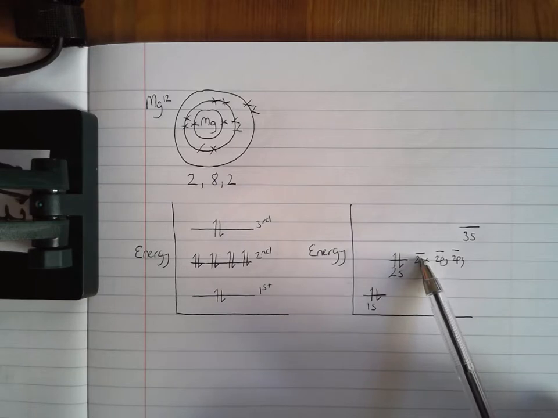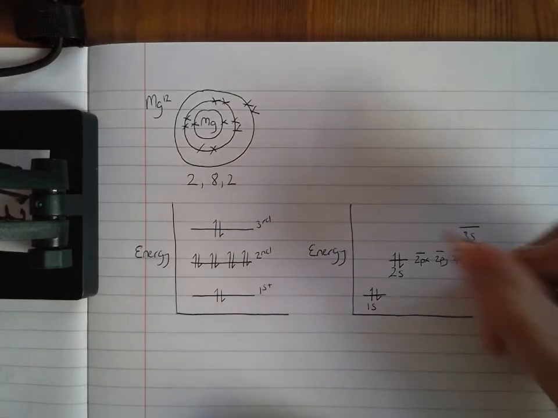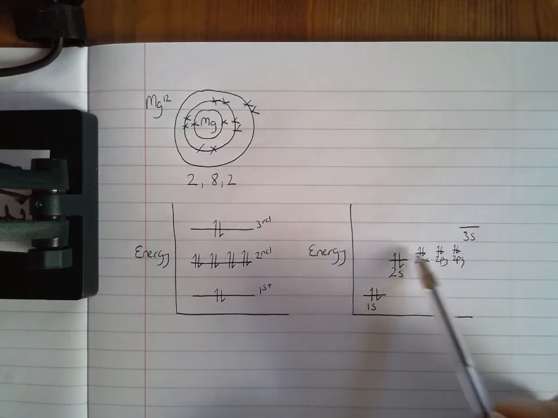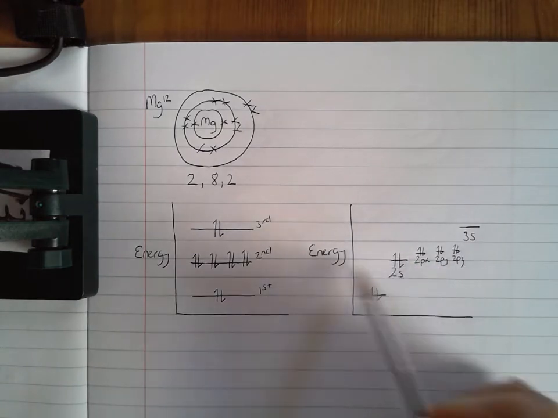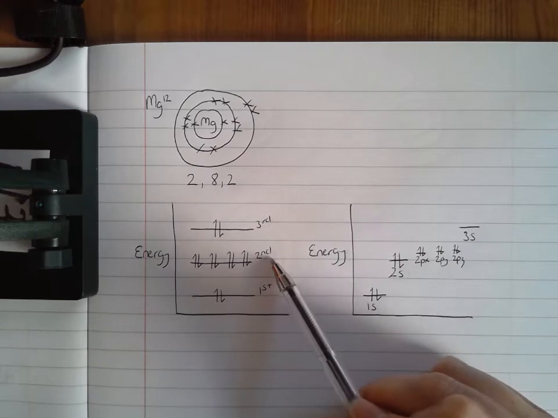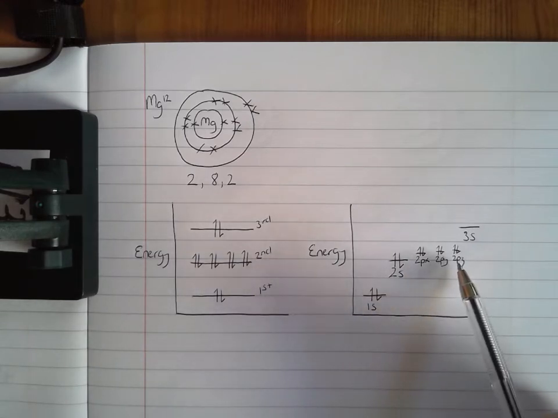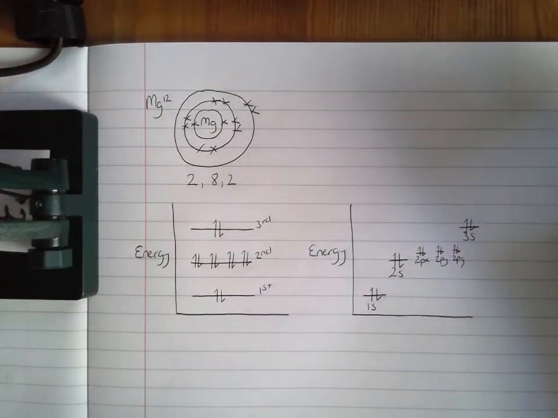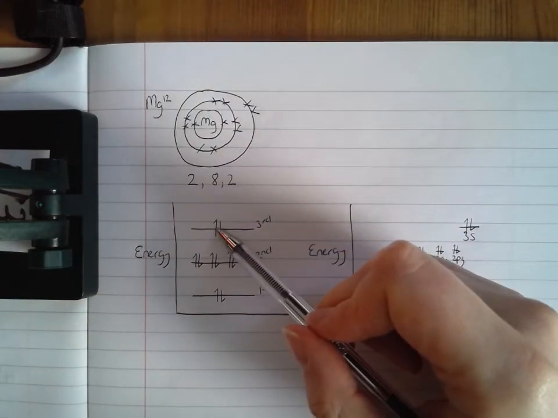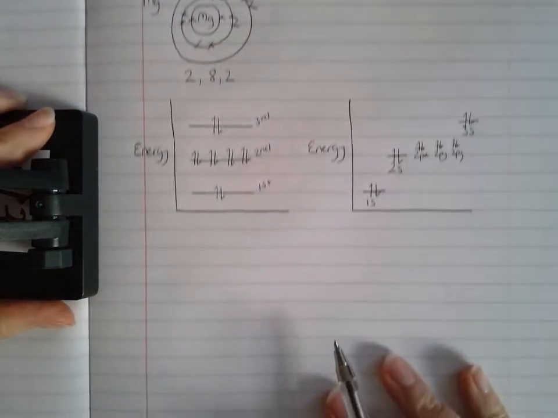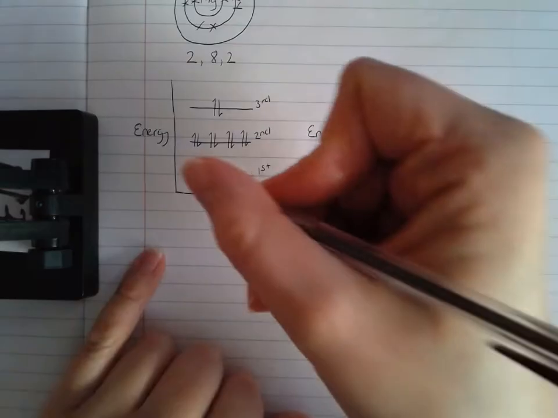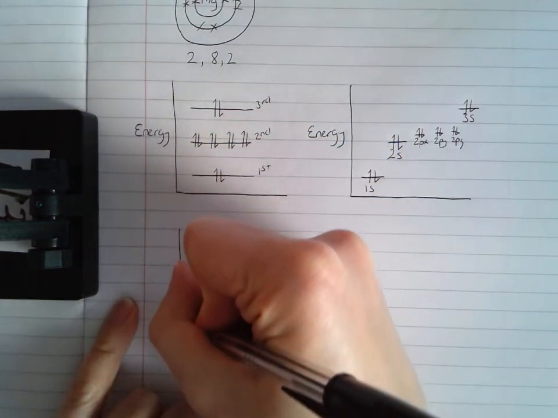The electrons in the p orbitals are equivalent. Those p orbitals are all the same in terms of energy. And each of them will hold 2 electrons, which means I now have my 8 electrons for my second energy level, which is what I had at GCSE. I've now got 2 and 8 is 10 electrons filled in. I can then move up to my 3s orbital, where I will put my remaining 2 electrons, just like I had at GCSE. If I were to draw something bigger than magnesium, if I were to draw chlorine,